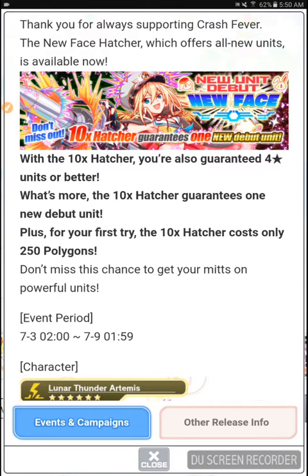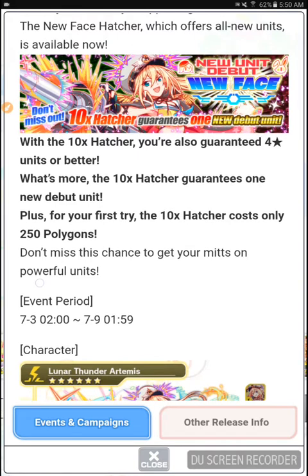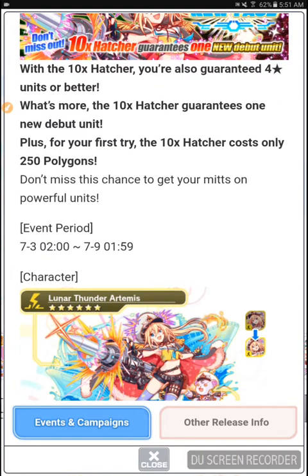With the 10 times Hatcher, you're guaranteed a 4-star unit or better, which isn't exactly a great guarantee, seeing that a part of the New Face Hatcher is also a 5-star. And you've actually probably seen this 5-star already. I'll show you in just a moment. But the first try is only 250 polygons, and you're guaranteed 1 new debut unit. So even if you do not get one of the 6-star capable ones, at least you'll get the new 5-star